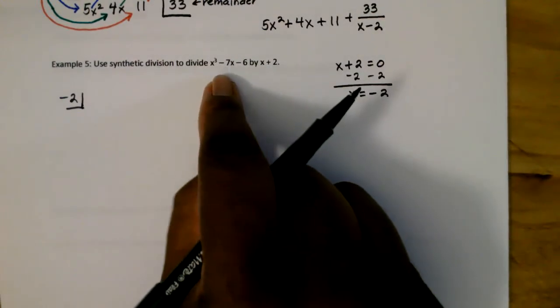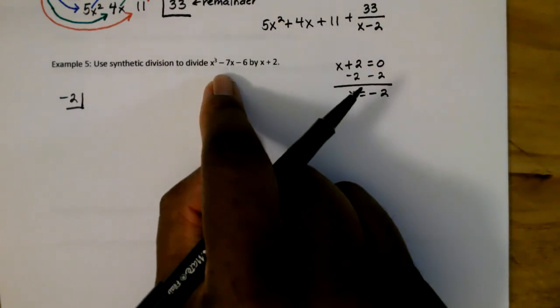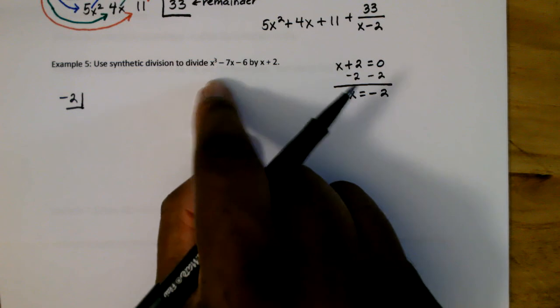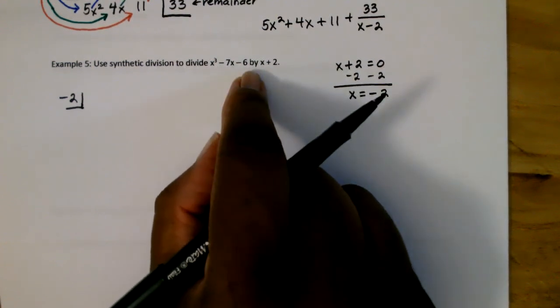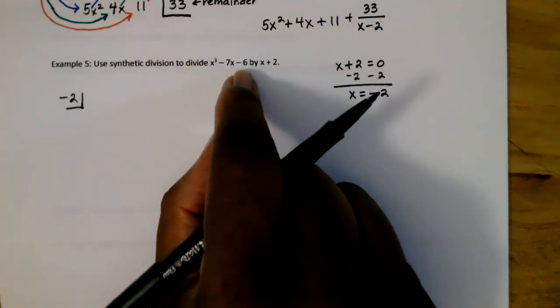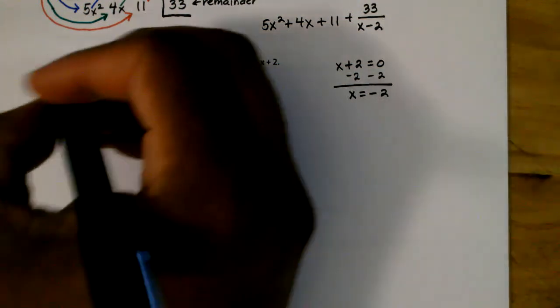And here's my dividend, x cubed minus 7x minus 6. Let's take a look at this for a moment here. There's a term that's missing here. I'm going from x cubed down to 7x. So that means x squared is missing. Now, if this helps,